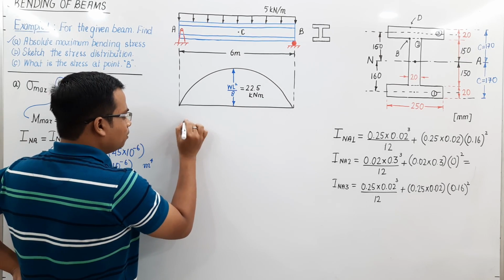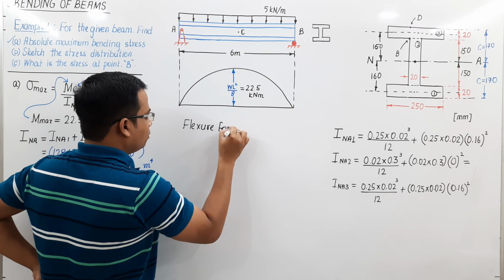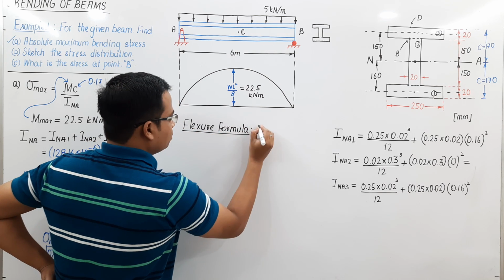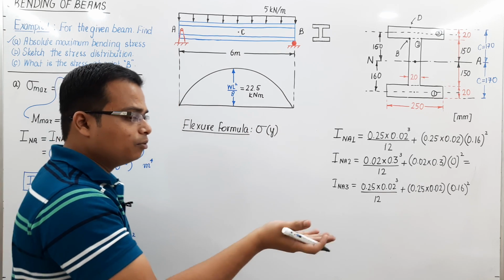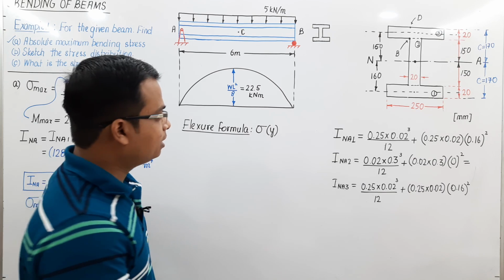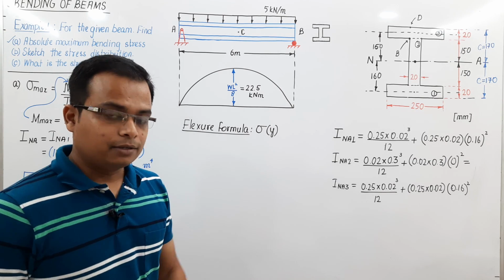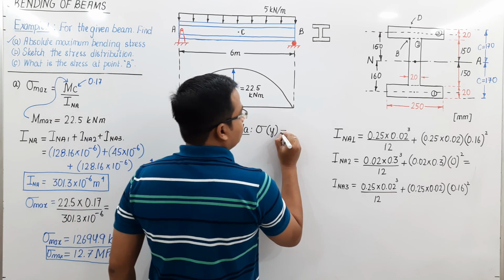Flexure formula. Do you remember the flexure formula? Sigma as a function of y. Y is the distance from the neutral axis. If you move upwards, take it as positive. Take y as positive. And in our case, if you put y as positive, we are going to get the corresponding stress as negative, because everything above the neutral axis is under compression, minus